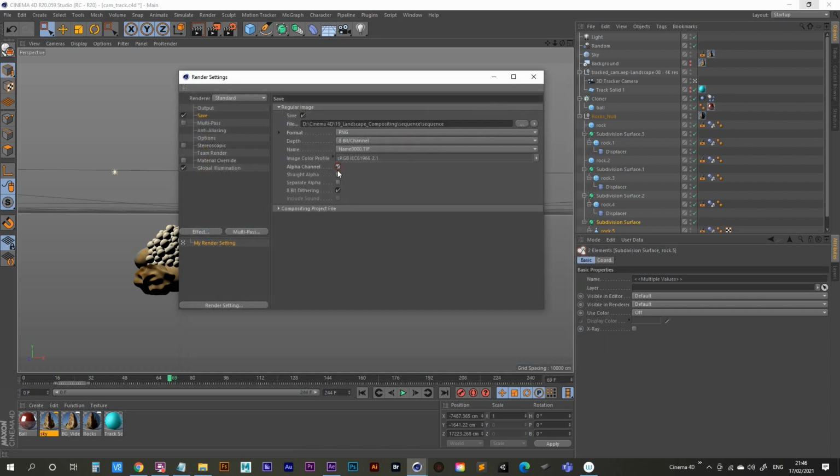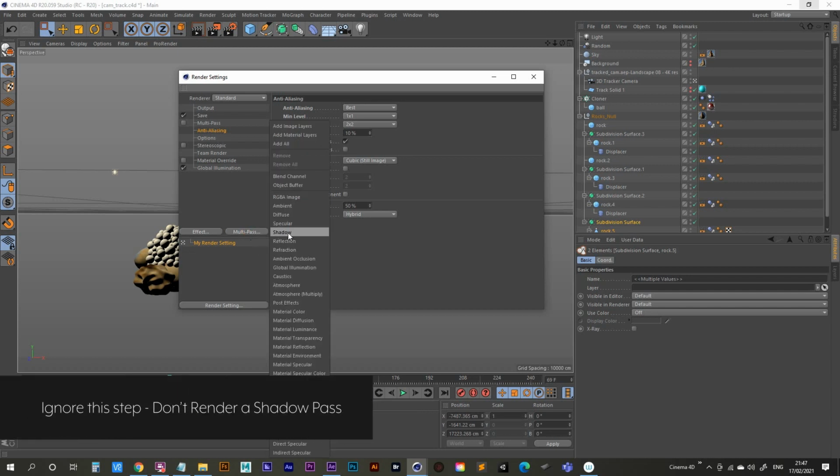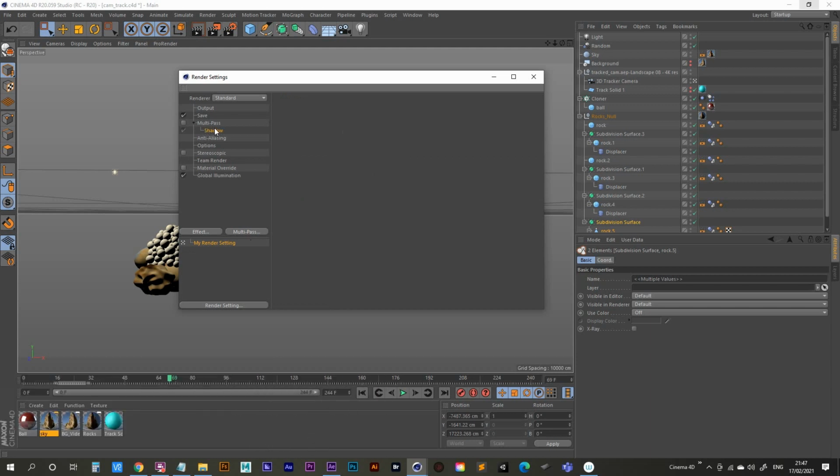Let's turn on alpha channel, multipass, anti-aliasing. Everything else is good to go. Just out of curiosity, I'm going to put in shadow multipass. Now I don't know if this will actually help us in compositing, but it might. We'll see when we bring it into After Effects. So I'm going to turn on shadow for a multipass. This is going to render out our shadows as a separate pass, so we'll be able to control them separately